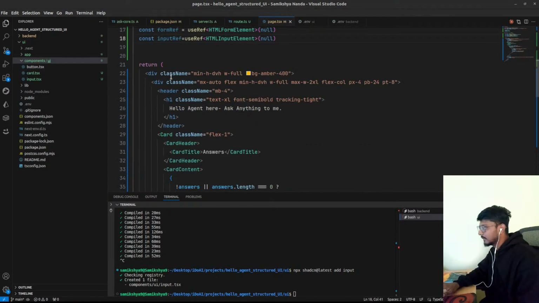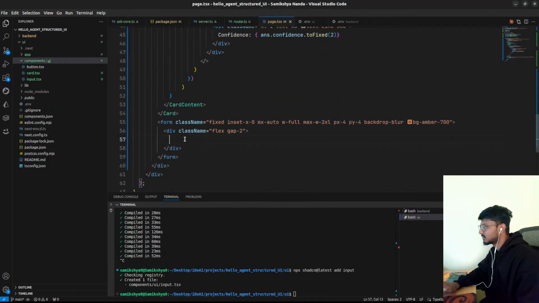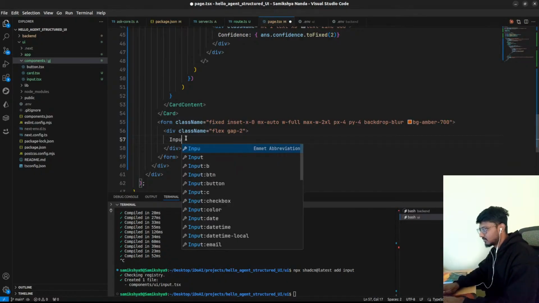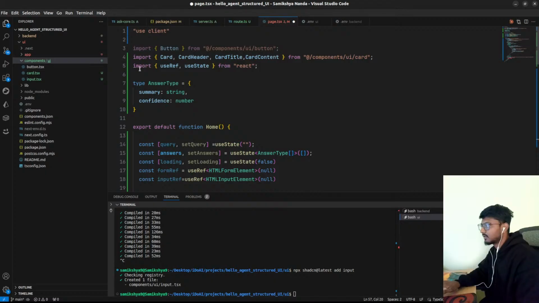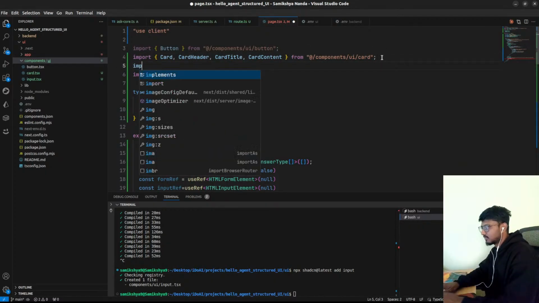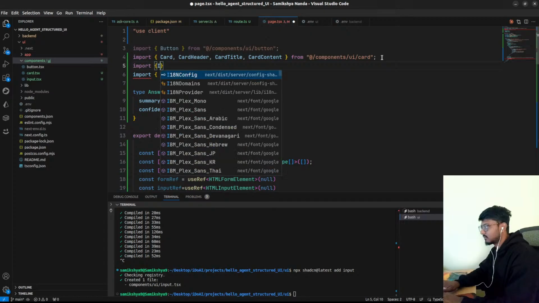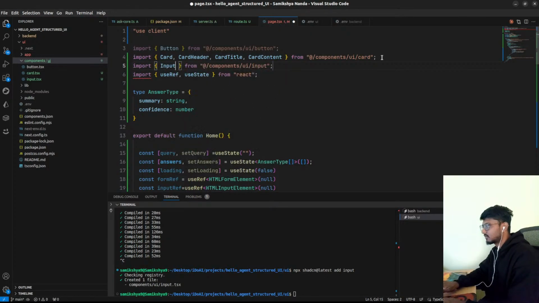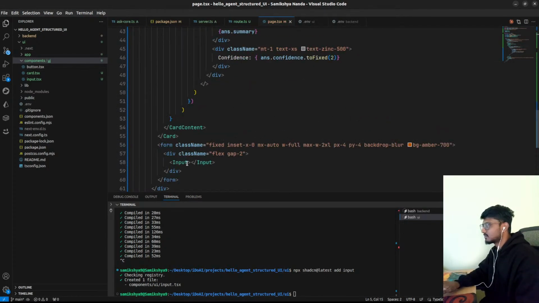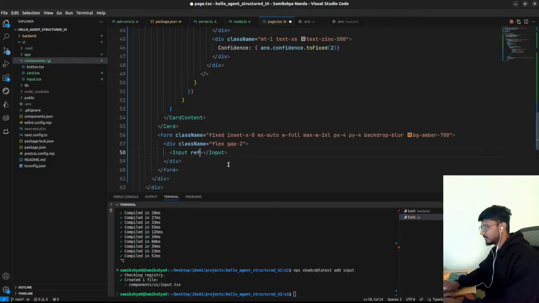So the ref will be my input ref, of course, inside this div. So if you see, I have an input element, so I need to import that element as well. So I have an input element here, so the ref will be input ref